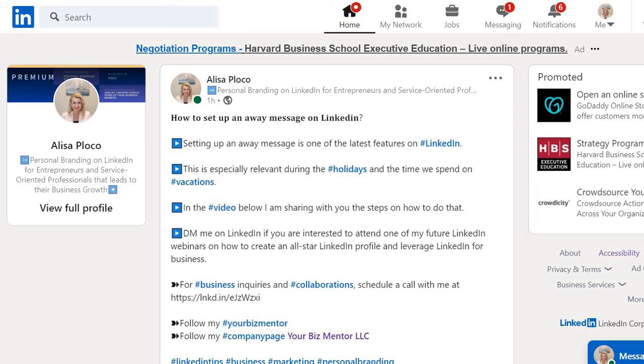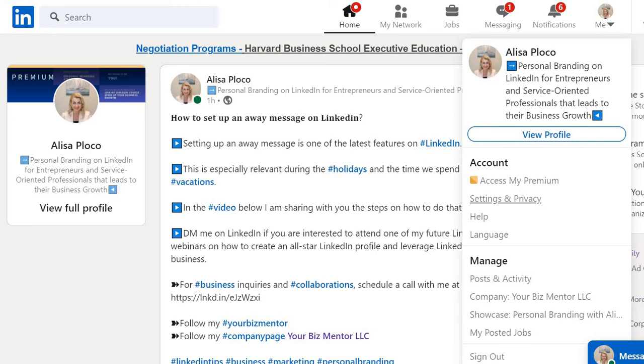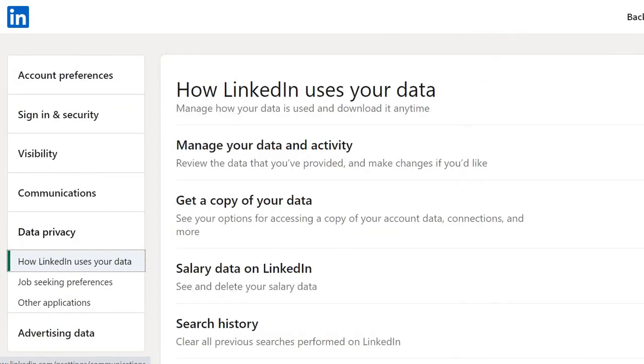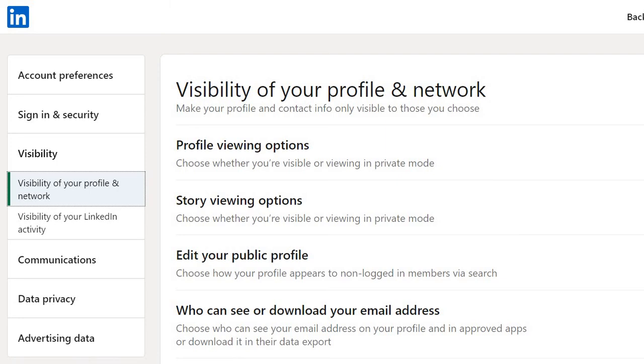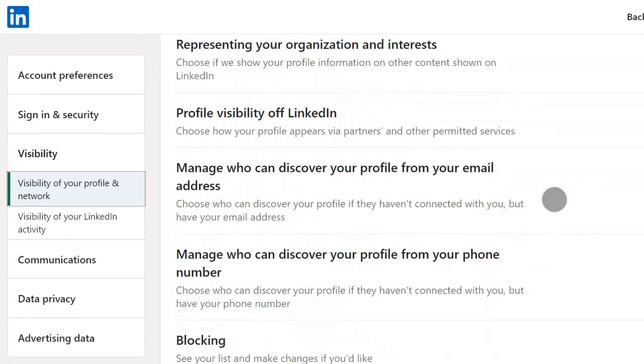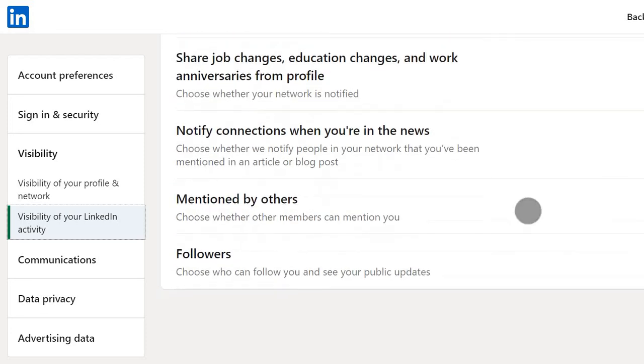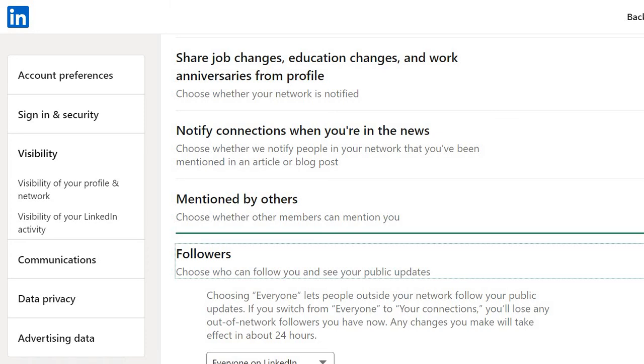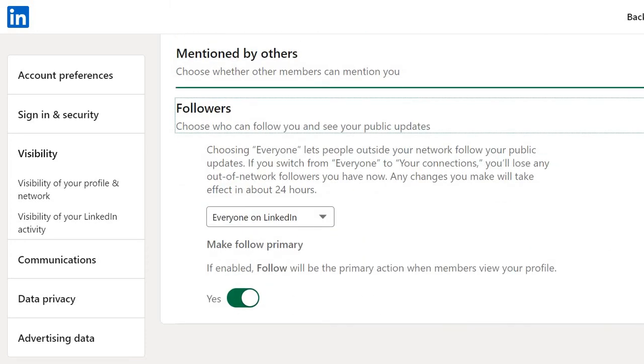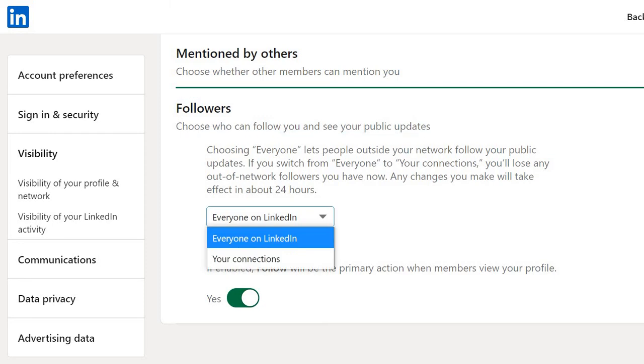Once you are on your LinkedIn profile, go to the main menu and click on the Me icon. Then scroll down to the settings and privacy, choose them, and then from the menu on the left side, choose visibility. Once you're there, scroll all the way down to the followers, click on this option, and then here you have an option of